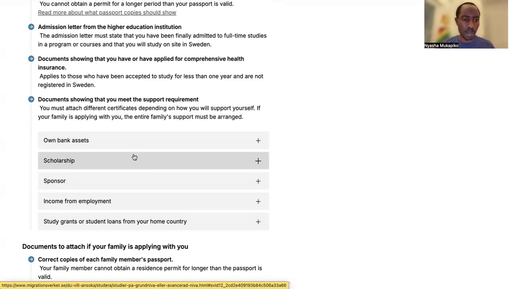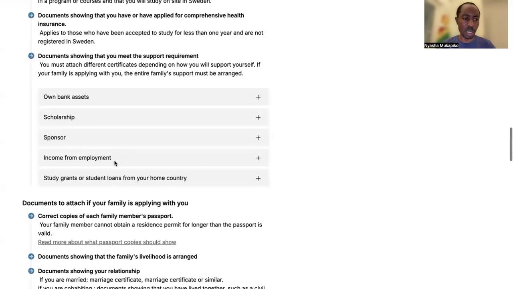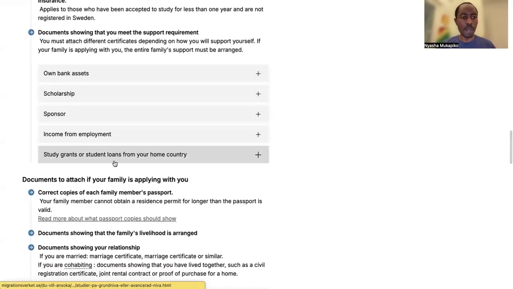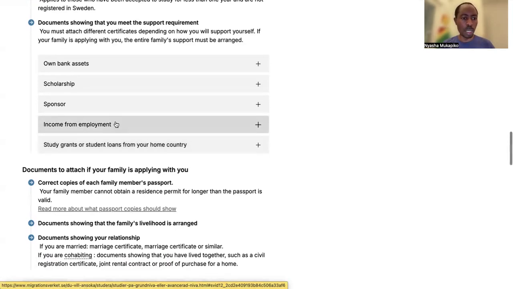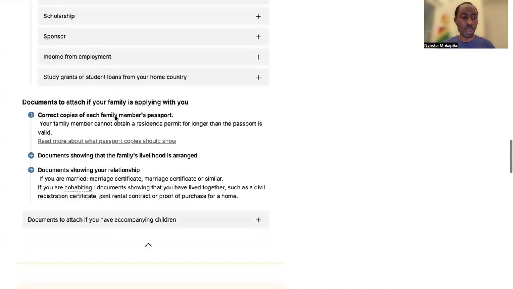And if you are under SI scholarship, you just need to submit a scholarship as listed here. If you have a sponsor, you then need to also supply the information that is equivalent to having a sponsor. Income from employment, start grants, etc.